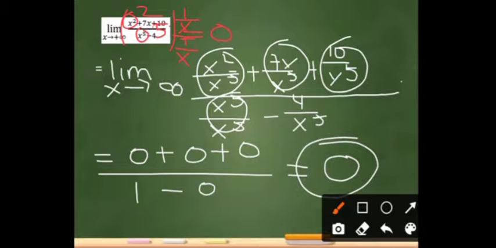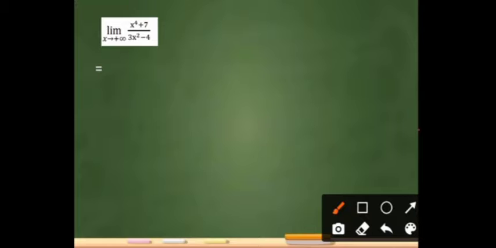So let's proceed to another example. How are we going to evaluate the limit as x approaches infinity of (x^4 + 7) over (3x squared - 4)? Notice in this example that the numerator has the highest degree of 4 and the denominator has the highest degree of 2. So if we solve it, it's going to be the limit